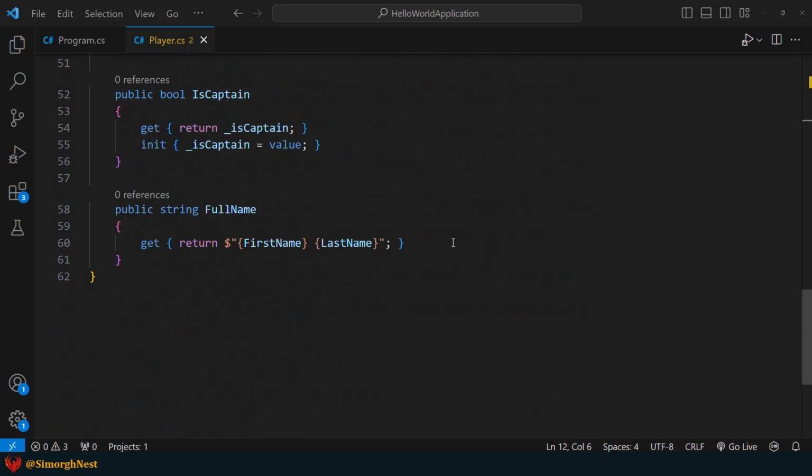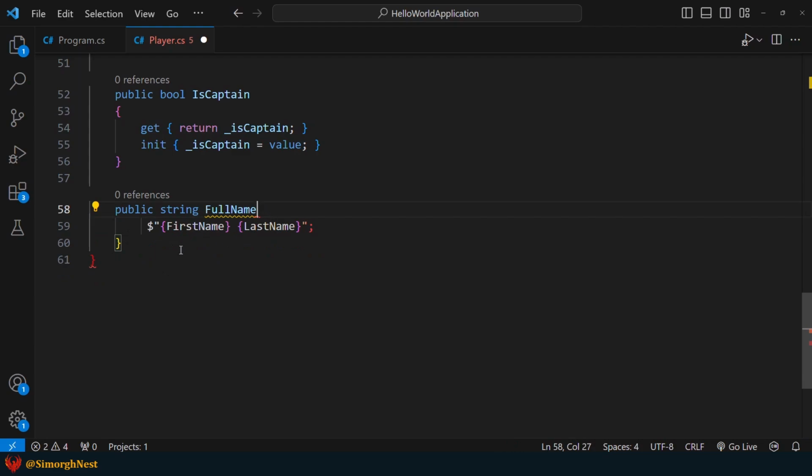As you can see, it's initially declared using the traditional syntax for a read-only property. To convert it into expression-bodied syntax, we first remove the curly braces and the return keyword. Additionally, for read-only properties, we need to remove the get accessor and the curly braces as well.